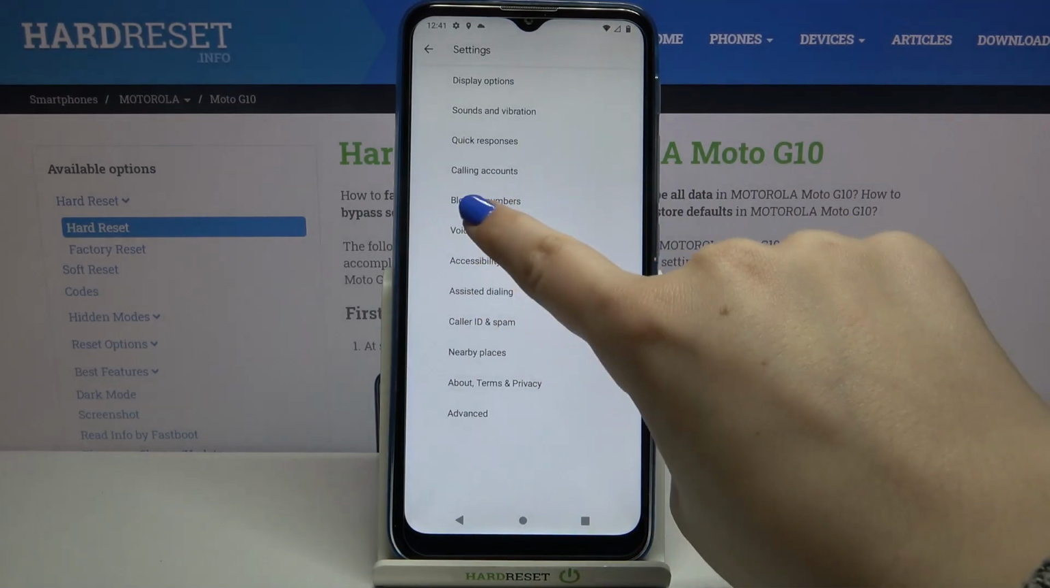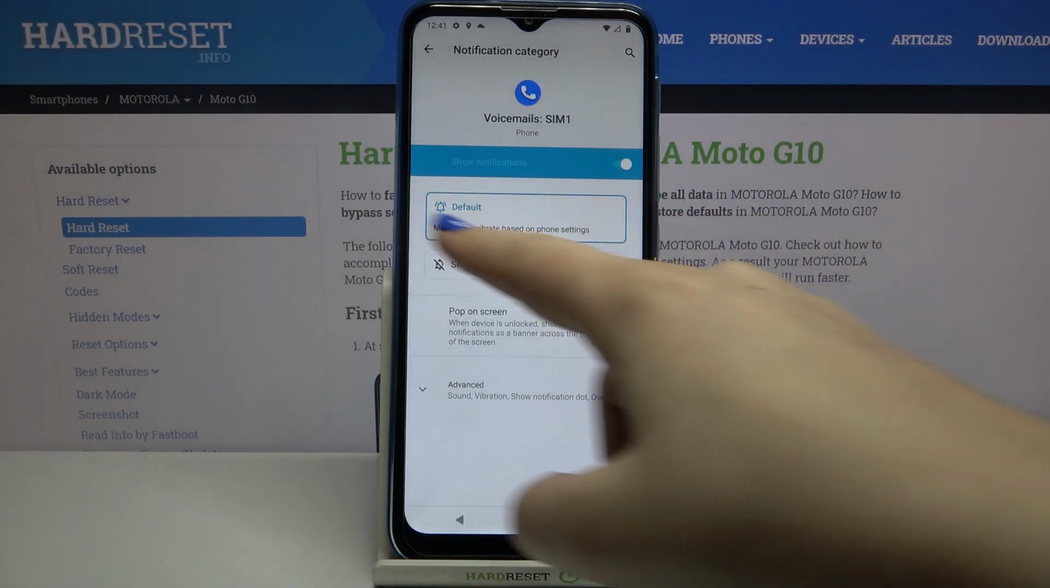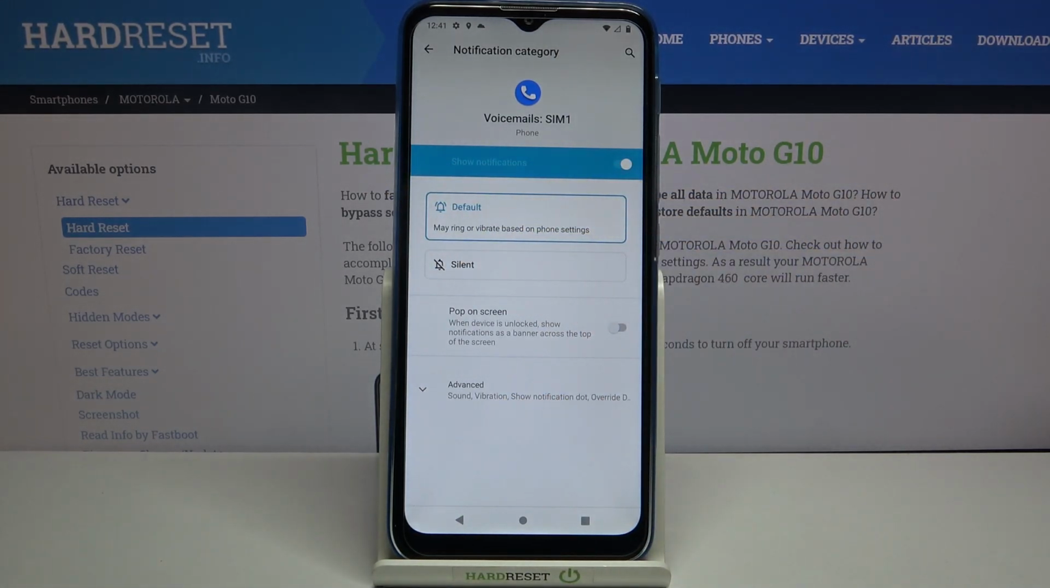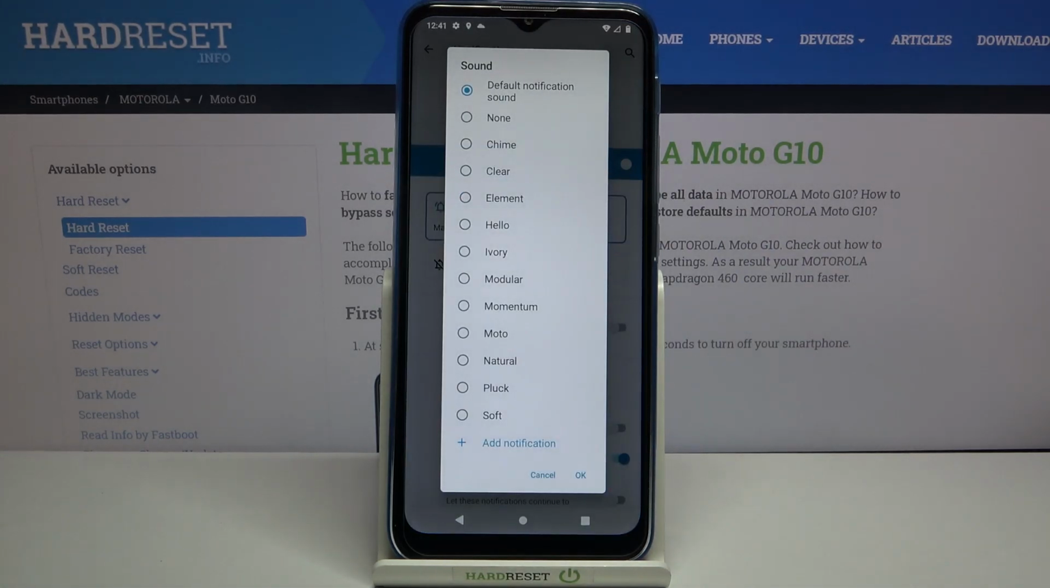As you can see here we've got the voicemail, so let's tap on it and tap on notifications. Here we've got the section with the ringtone and here we've got the defaultly set ringtone, and in order to change it just tap on advanced and tap on sound. And as you can see here we've got the list of defaultly installed ringtones and sounds from which we can